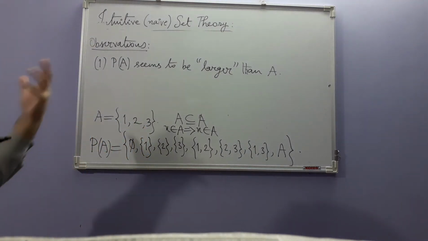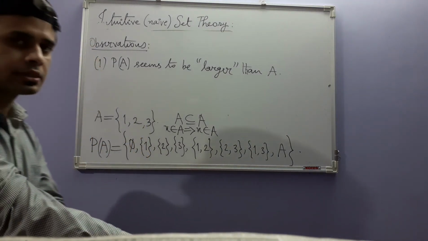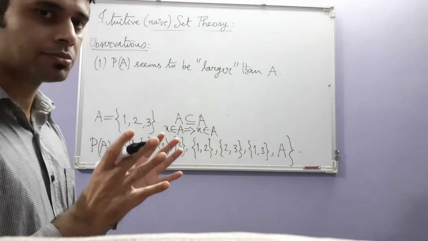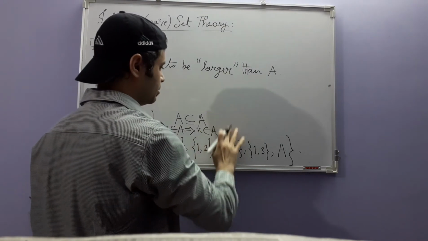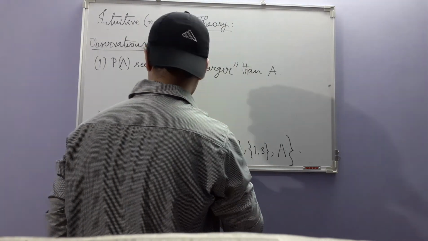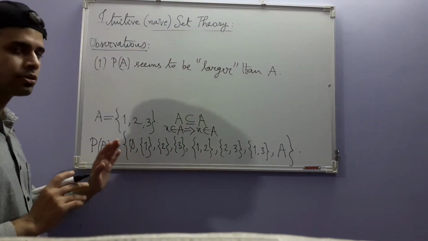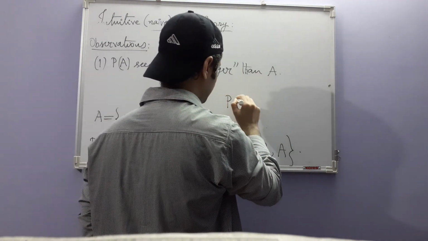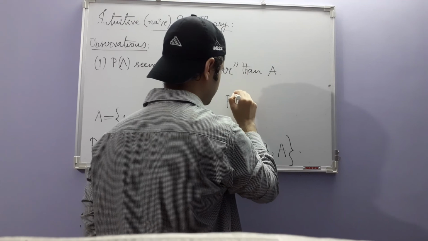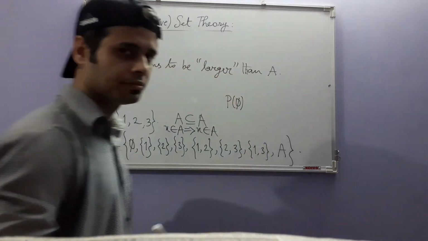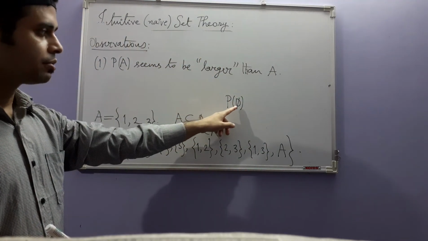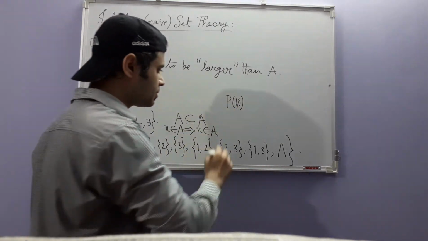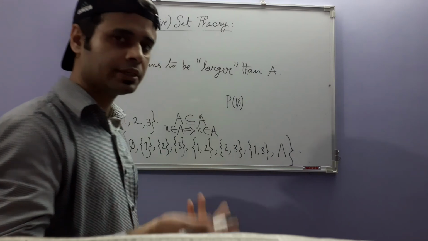Okay, but before making these observations, let us try out the power set for some smaller sets, so that we don't have to rely on only one example. What about the power set of the smallest set possible, the empty set? You have to find out the subsets of the empty set. Clearly, because the empty set will always